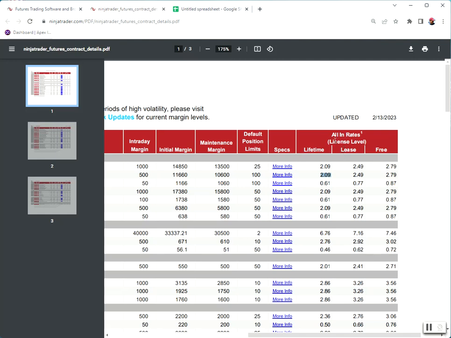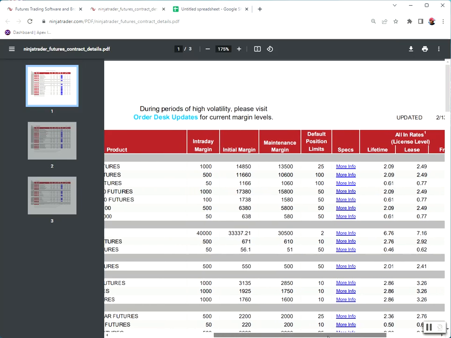But if you lease NinjaTrader, your fee is $2.49 one way. Round trip will be somewhere around $5. Now, with the free license, you have a free platform, a free NinjaTrader. You don't have any advanced features and all that. You still can trade, but it's very difficult to place an order. And the fee is $2.79 per contract one way, and round trip will be more than $5. Okay, that is for E-mini